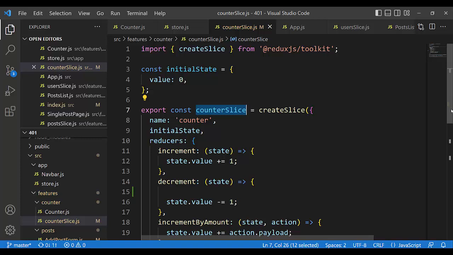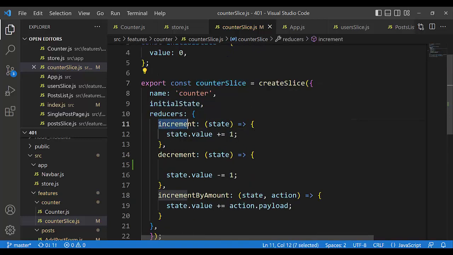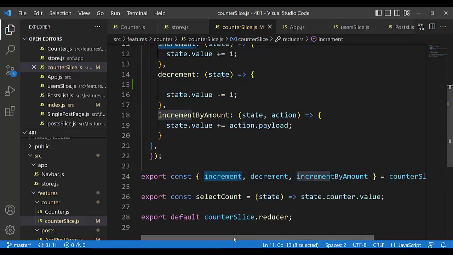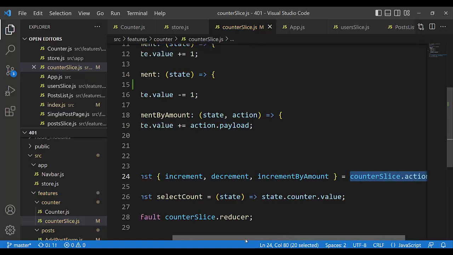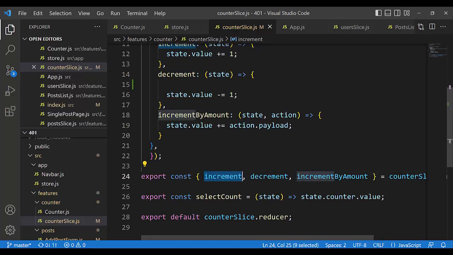because create slice from Redux Toolkit creates the action creator for us. We have increment, decrement, increment by amount, all that here is counter slice actions, but we don't see the word action creators. And this is an action. Action is an object